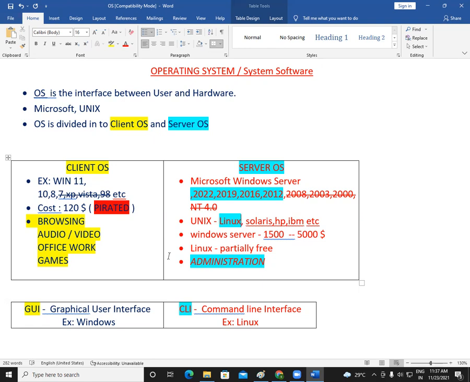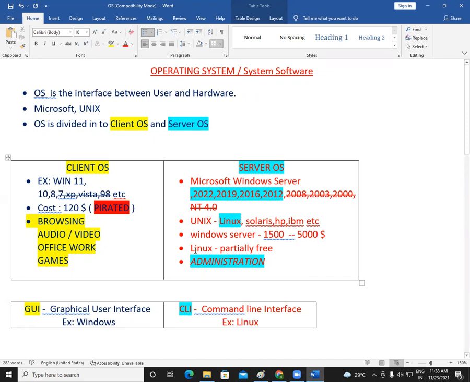In the next 180 days, you can use the operating system, test the applications, and run the operating system. If everything is working fine, then you can pay money and use it. Or if you want to pay money on day one, you can also pay. It's not like you have to use it for 180 days for free and then pay, but the option is available.